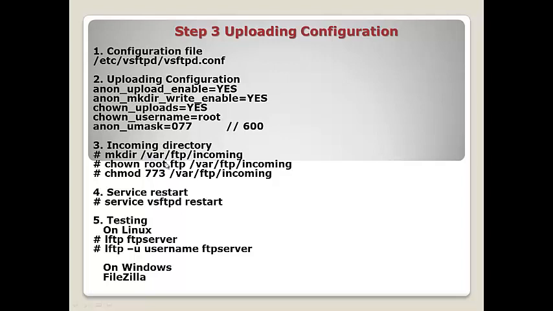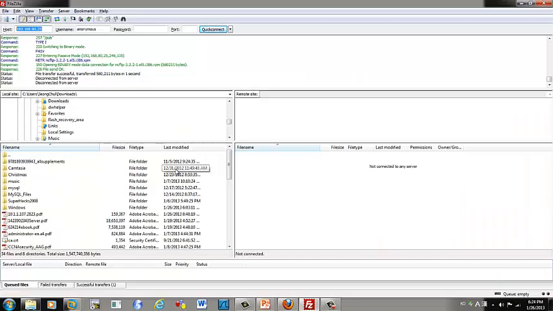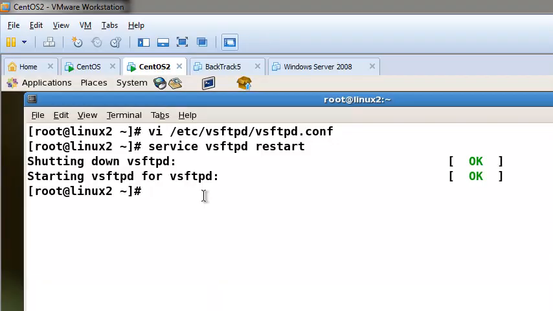I need to make a directory for uploading. So here I will make incoming, and this incoming directory will have root.ftp for the ownership, and the permission will be 773. After that, service restart and testing. Okay, then let's first edit /etc/vsftpd.conf